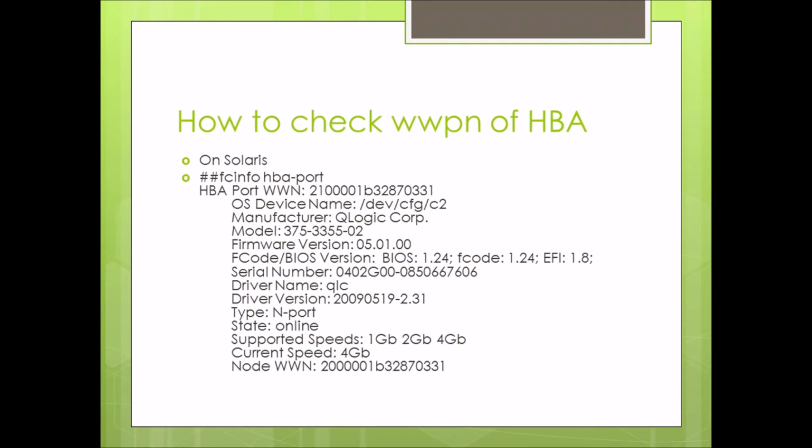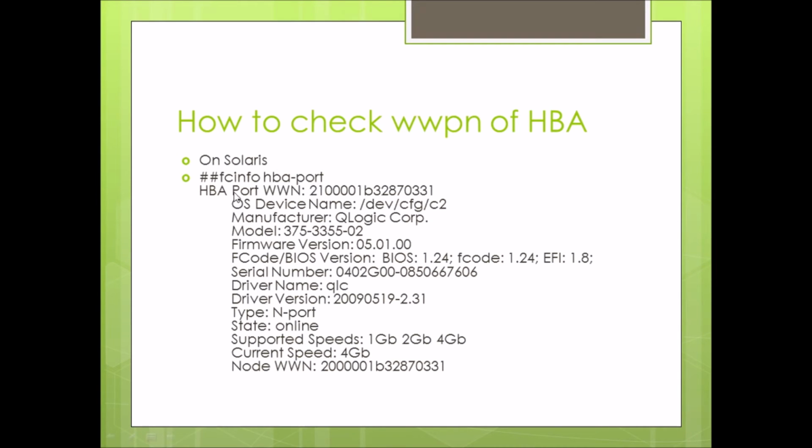Now you know about the basics of the HBA. Now when we fit the HBA into the server, how to get the WWPN number assigned to it. Depending on the operating system, the method is different, commands are different. So a few of the commands I am going to cover over here. Now if you have a Solaris machine and HBA card is connected to it, to get the HBA information, you have to fire the command fcinfo hba-port. And this output will be visible.